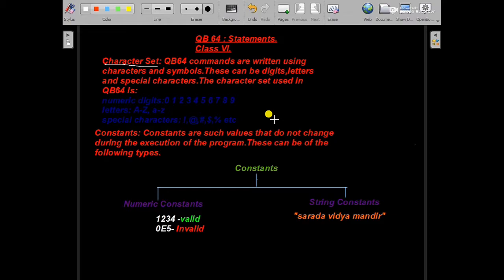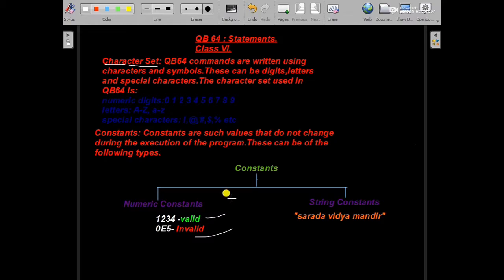Numeric constants can be used in arithmetic calculation. They do not include any special character. For example, 1, 2, 3, 4 are valid numeric constants. But if I write 0E5, it is invalid, because here it is using a character, not a numeric digit.